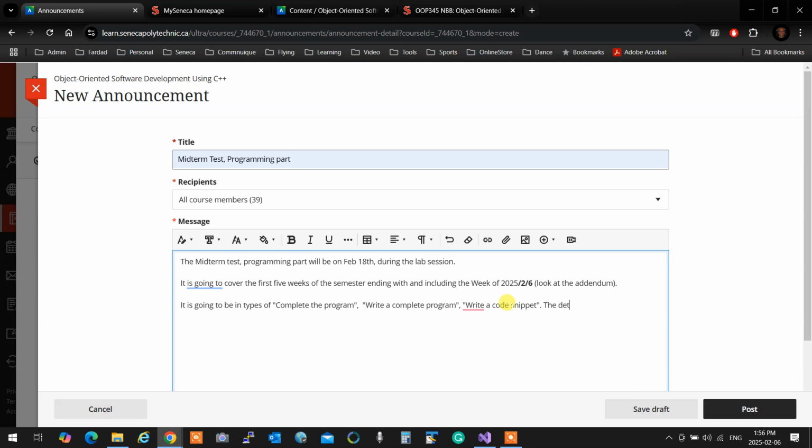The details will be posted in the midterm agreement that will be posted under the midterm section of the subject content.